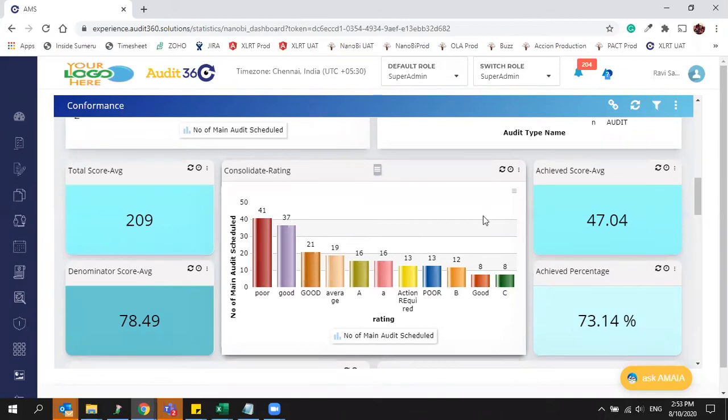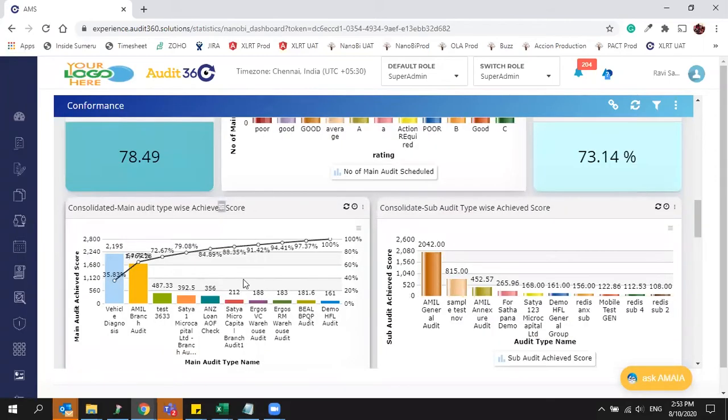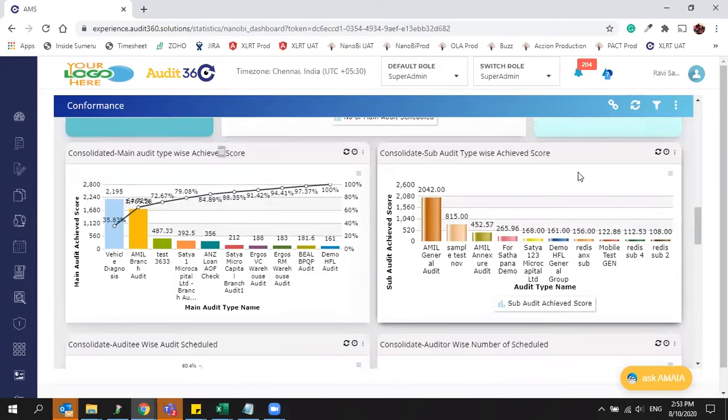The same way you can see the rating. Rating is not the average case. If you have defined a particular outcome in the configure audit, then based on that definition, you can see how many audit schedules are in good and how many are in average, in the rating analytic. And you can see the main audit type wise achieved score. The same way you can see sub audit type average achieved score.